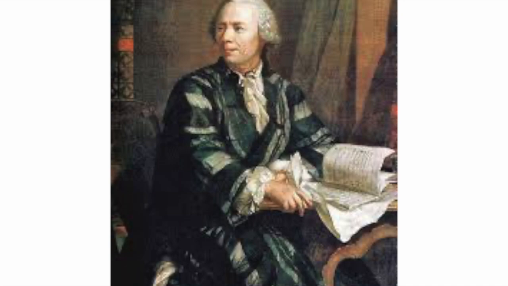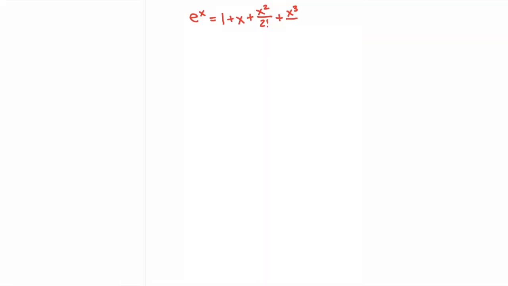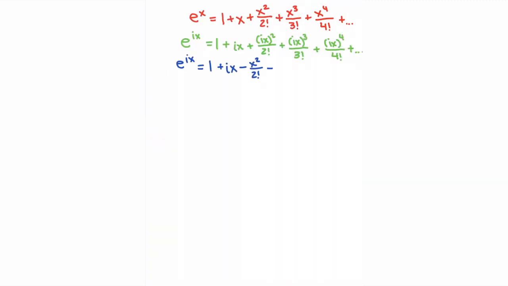Anyways, Euler was playing around with the Taylor series and thought to himself, what if I put an i in there to be e to the i times x? So he put i into this equation and remembered that i squared simplifies to -1, so he simplified that. And then he grouped together all of the i terms at the end,